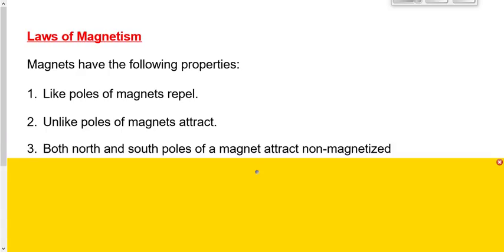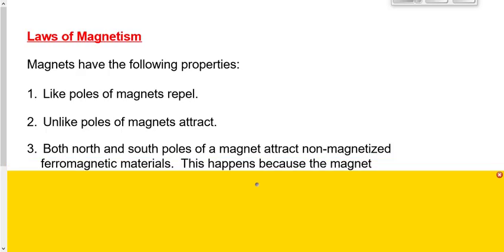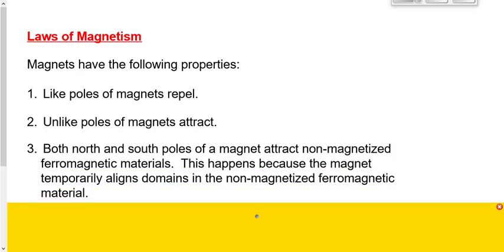With magnetism, we would say that magnets, or both north and south poles, magnets attract non-magnetized ferromagnetic materials. Got to be ferromagnetic, right? You're not going to have a magnet attracting a piece of paper. Why does that happen? Because the magnet causes the domains in the non-magnetized material to become temporarily aligned. So it's almost the same thing as with electricity. We're inducing not a temporary separation of charge, but rather a temporary alignment of domains in the non-magnetized